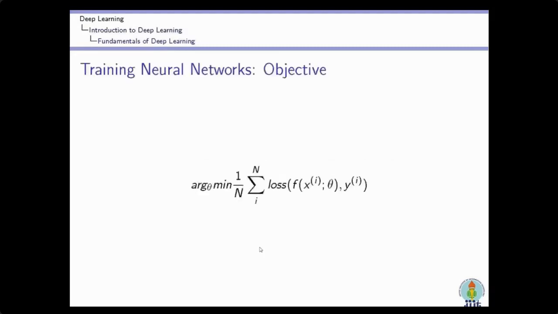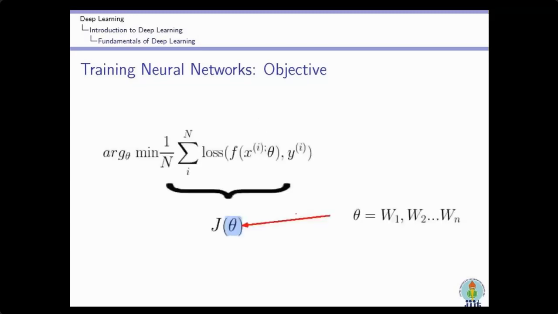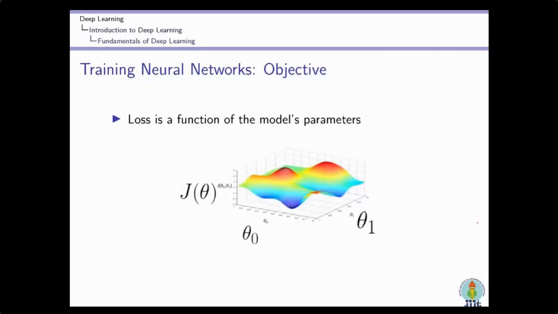So now my objective is I have to minimize this average loss. You already know how we have calculated this loss, but now I have to minimize it. So let's represent this complete function as J theta, where theta are the weights. Okay. So now how can we minimize? In mathematics, we can easily minimize such functions.